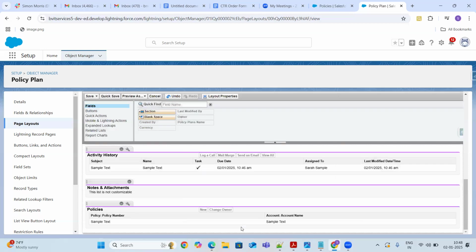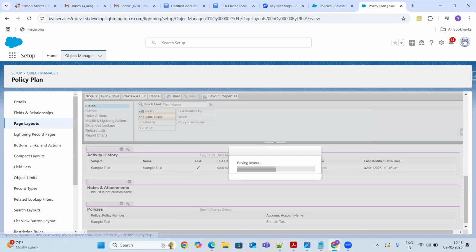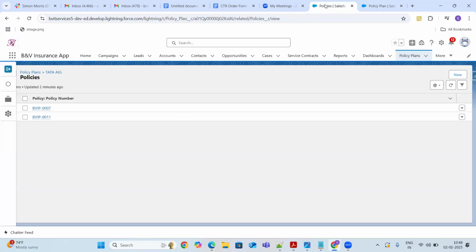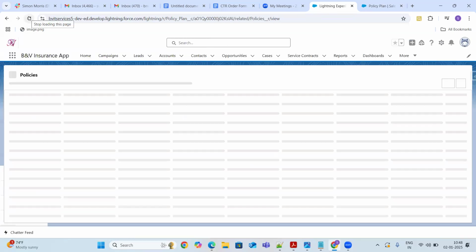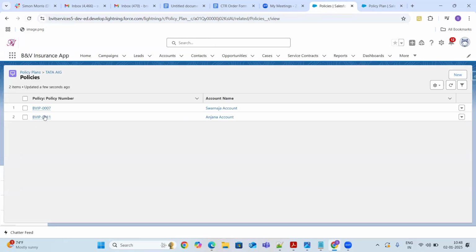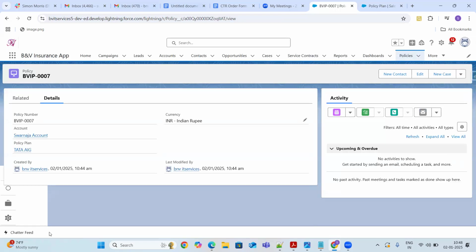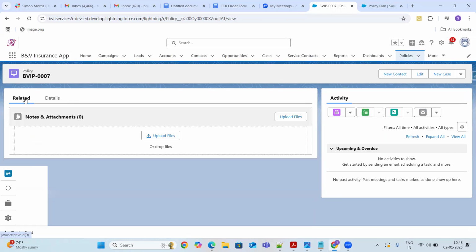Now if I go to refresh it, and if I go to the policy plans, in the related list, this is policies related list, guys.